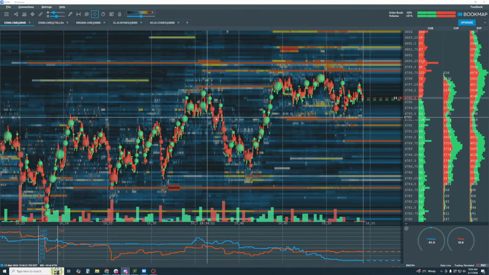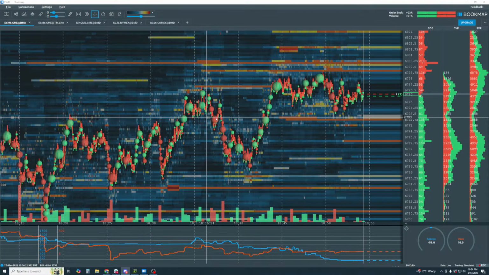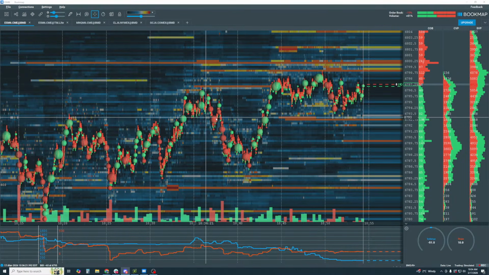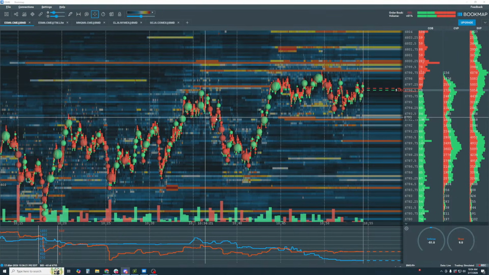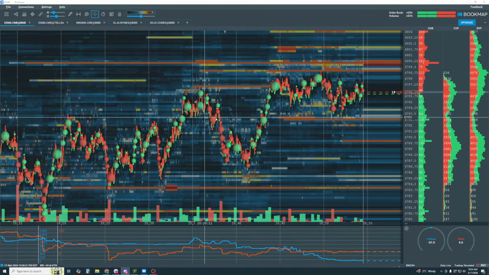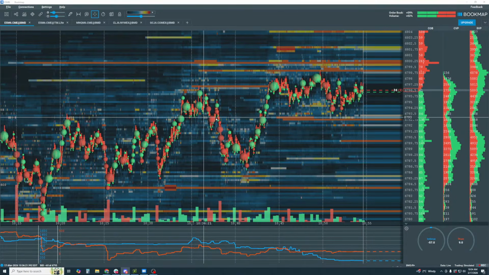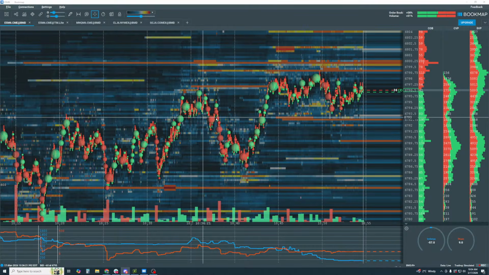And again, FOMC is the most complex economic release we have. There's 4 parts to it because this is a quarterly. One is the number, the interest rate number. The other is the statement, then the projections, then the press release. So all 4 are really important. I would say, and this is where you, if you want to get into the nuances about it, is